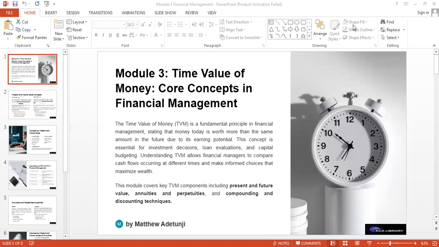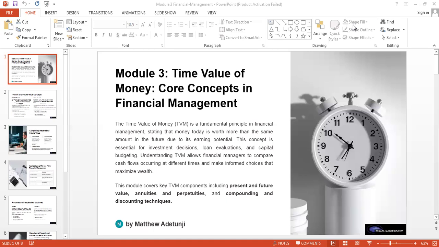And you can see that the cost of buying a particular thing last year is not the same as when we buy it now. Maybe the cost of buying a Toyota Corolla car last year was possibly 4 million, and going to the market to price the same car today, I bet it would have increased. So this principle is stating that money today is worth more than the same money in the future. You have to spend more in order to achieve what you need to achieve in the now for the future.